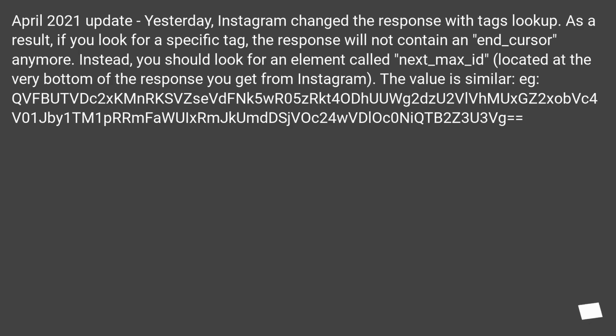TV2sknk5WR05ZRKT4 ODWOG2 VULVMX2ZOB4V01GB1TM1 Prom4X24